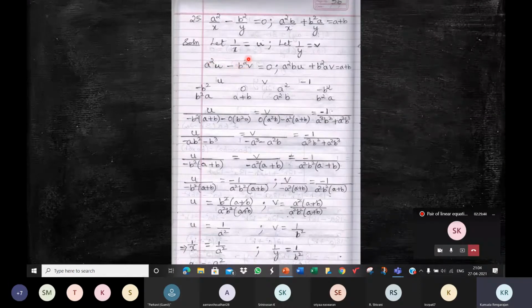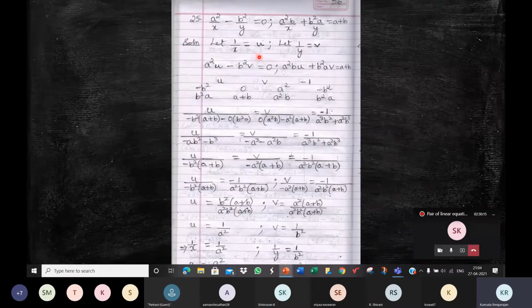Here, b is raised to the power 2. You should find the sum of the powers of the variables when there is more than one variable in a term. So v is raised to the power 1. 2 plus 1, 3. So highest power 3. So this is a cubic polynomial in 4 variables a, b, u and v.